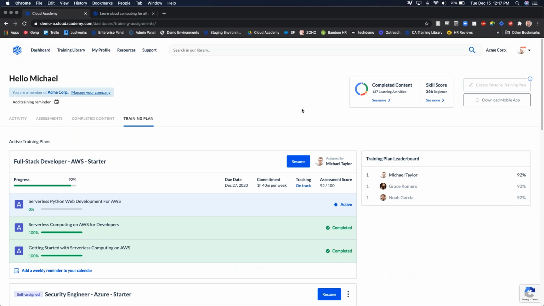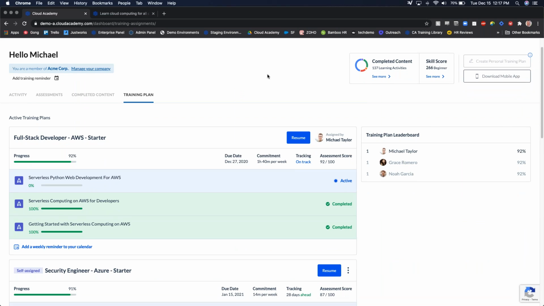You may have seen when I initially opened up the dashboard that we're also going to communicate not only your own progress against those training plans, but as a little bit of gamification here, we're also going to be able to monitor our progress compared to our fellow team members. So we really want to try to encourage them to keep up with one another.